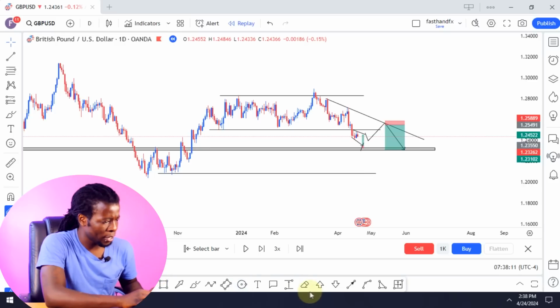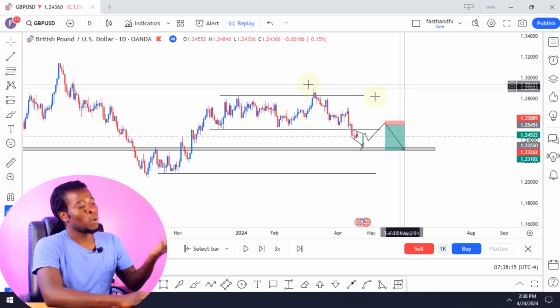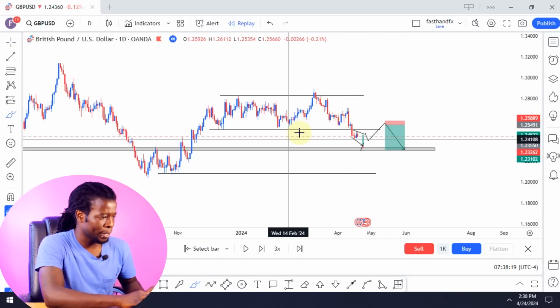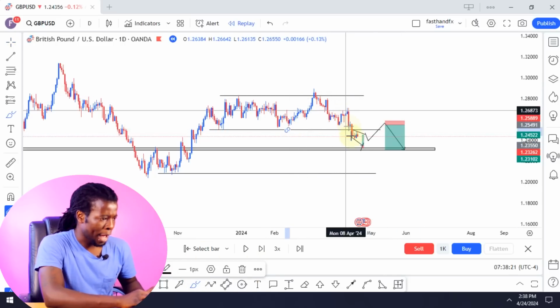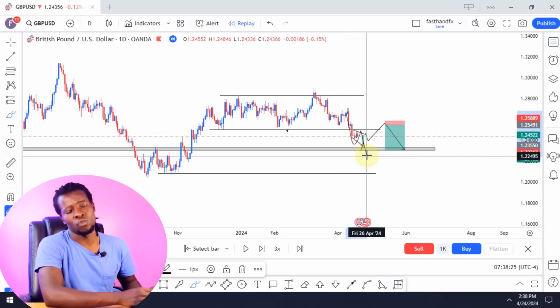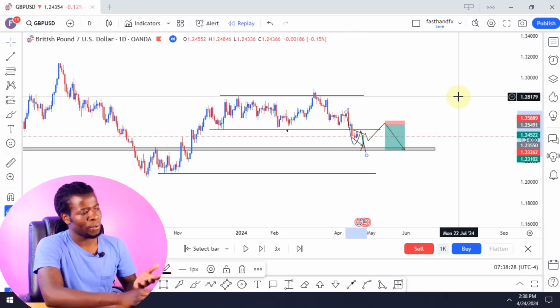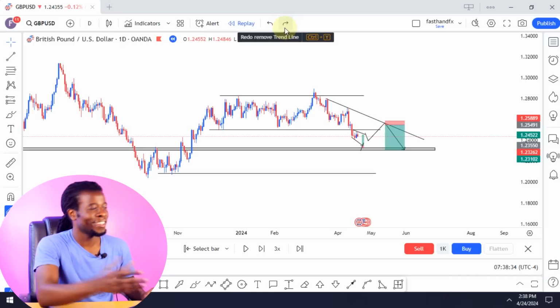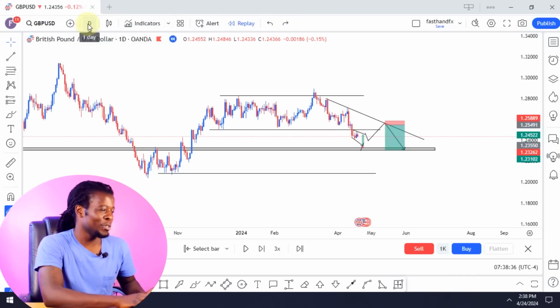Now look at this. If I remove this trend line of mine right here like this, okay, now most people do trade like this. Yes, the market has broken out of this support level right here. So as usual, I'm expecting a correction before the market drops, which is not bad though. But that's the old type of trading strategy. So let me just show you something.